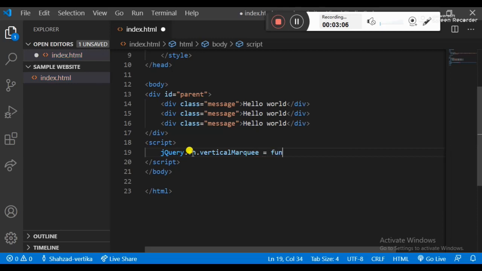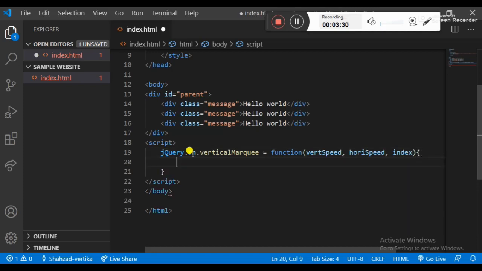To this function I apply the parameters: word speed, horizontal speed, and the third one is index. After that, I use the this keyword.